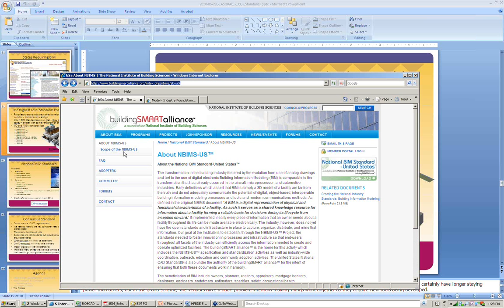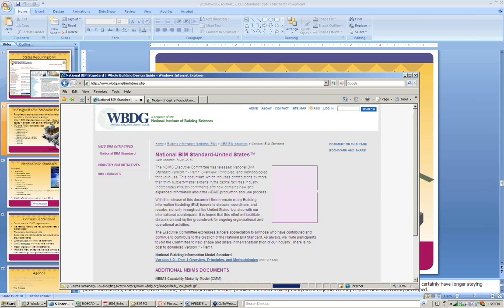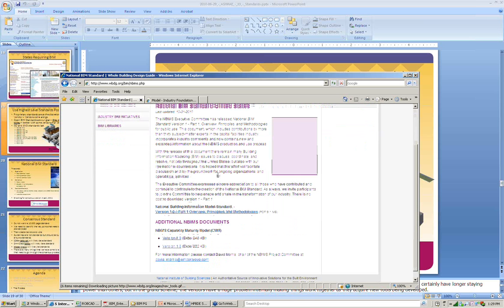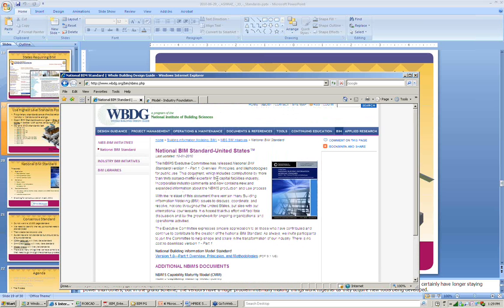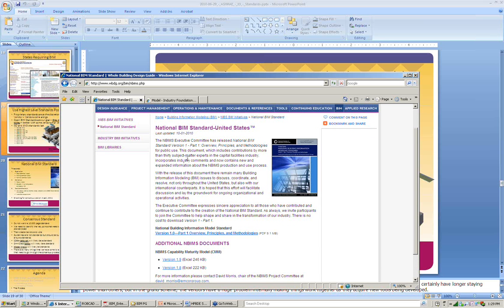Let's see. I think it's on here. National BIM Standard. What's this? I think you can download it. There it is. Version 1.0. Version 1, Part 1. It's right there. You can download it and